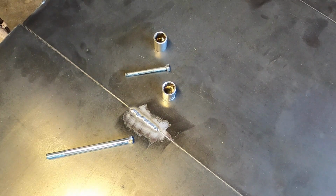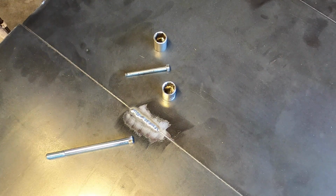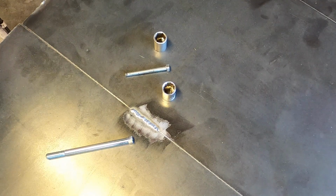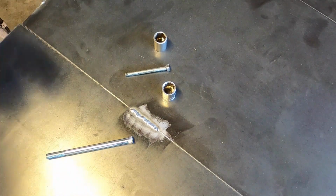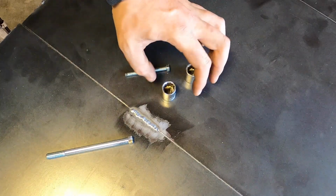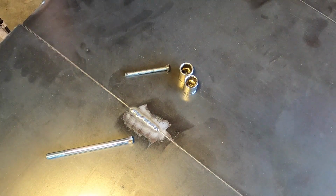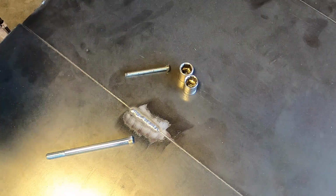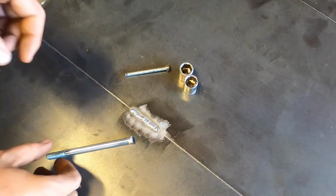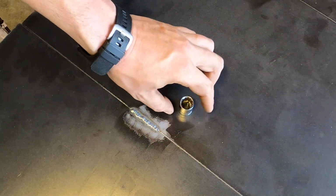Trying to remove a stuck socket off that puller is not the funnest job in the world, and you end up potentially ruining your socket anyway, so don't do that. I went up to 14 for both because that's going to fit loosely enough without getting stuck, and not so loose where it's going to want to tip back and forth and potentially break itself. So once you have the socket of choice, if you don't have any extras, go to a yard